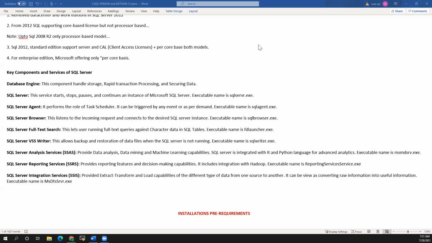Analysis services, reporting services, and integration services will be a little add-on. Some companies use them, some don't. Some companies use something different for reporting, like Power BI. It is based on their requirement. But if you have some knowledge of this, that will be helpful. That is covered under MSBI training, not in SQL Server core database training.